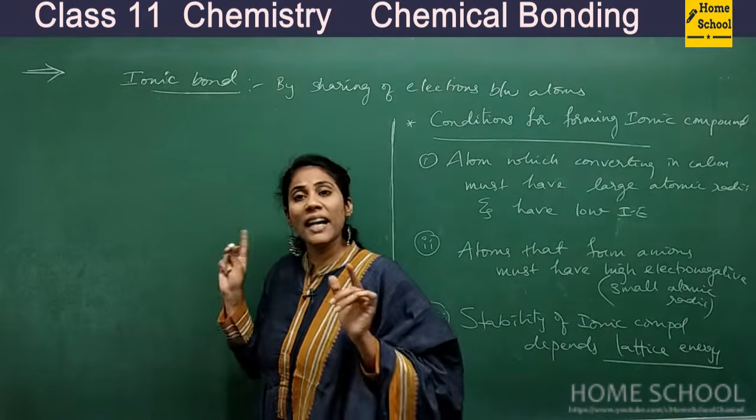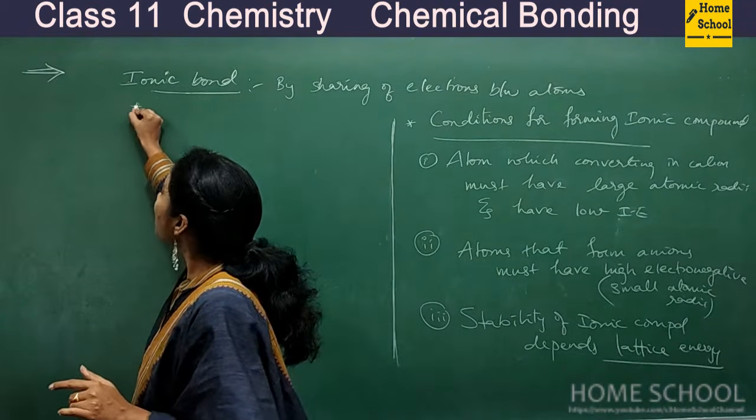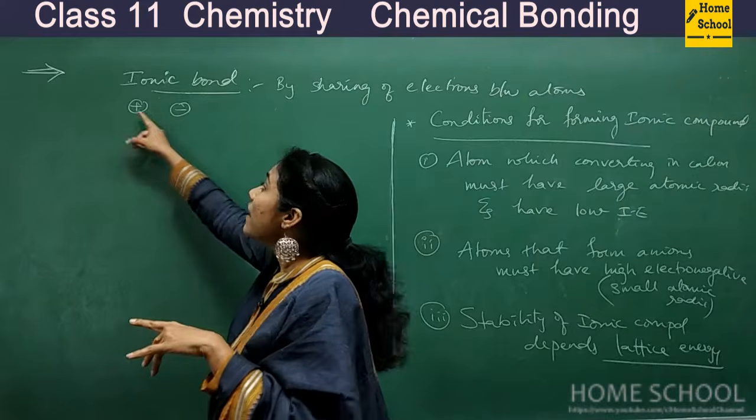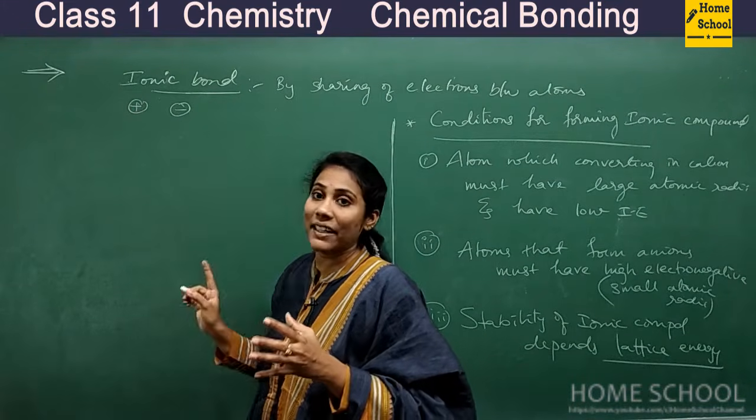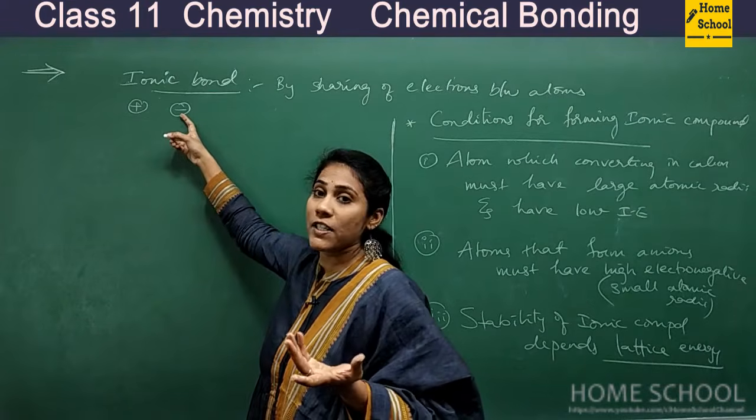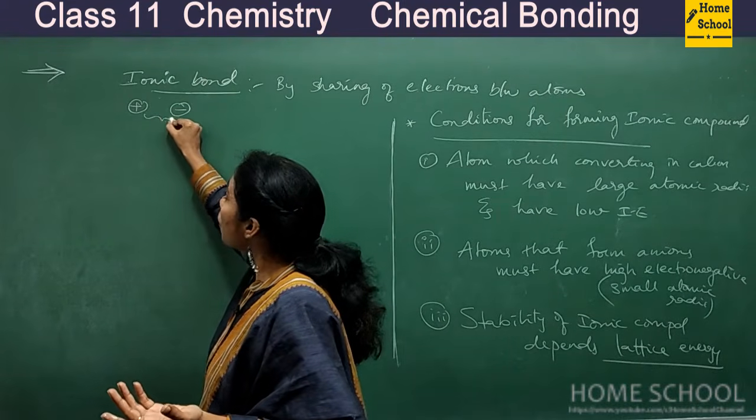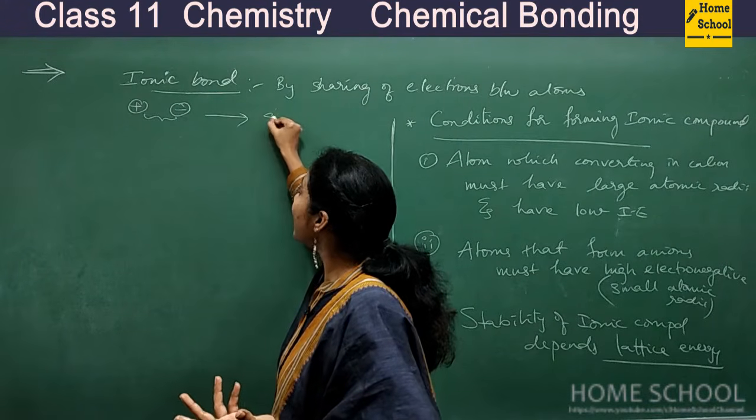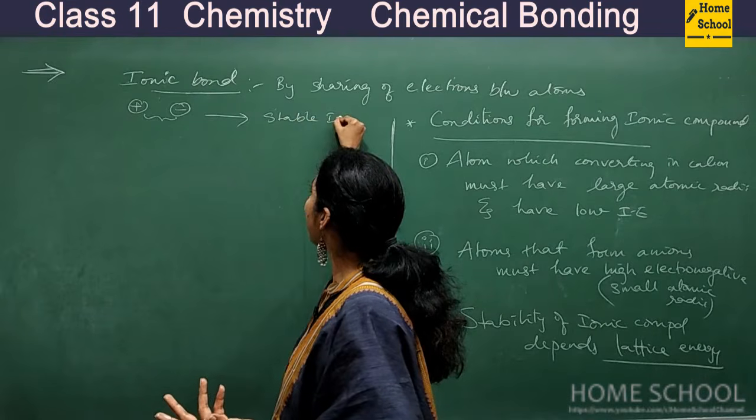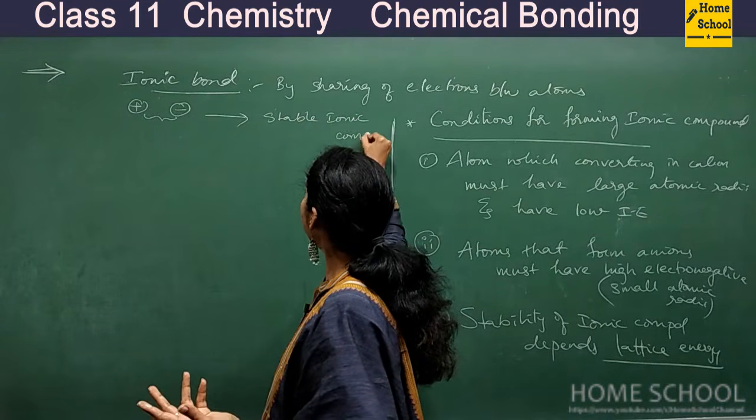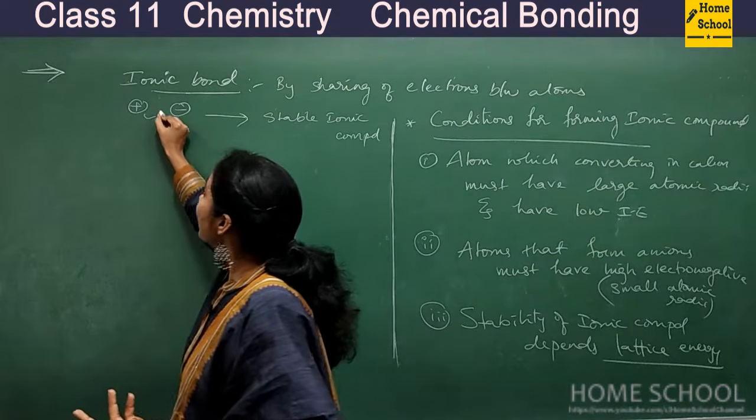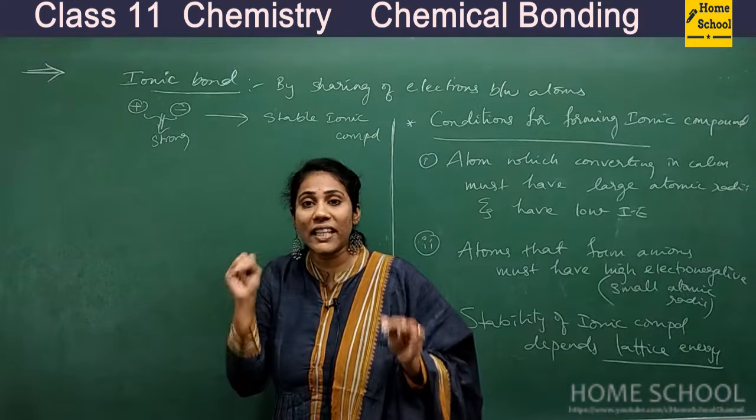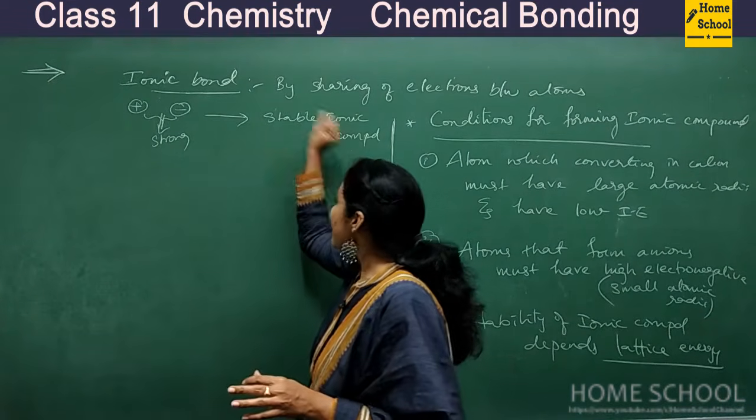Now let us try to understand what exactly we mean by lattice enthalpy. See guys, for forming an ionic compound, not only forming cation and anion is important. The first step is that you should have some cation and some anion. Once this cation and anion are formed, there must be a strong force of attraction between these two, right? Only then will you get a stable ionic compound. So when do you get a stable ionic compound? When the electrostatic force of attraction is very, very strong,